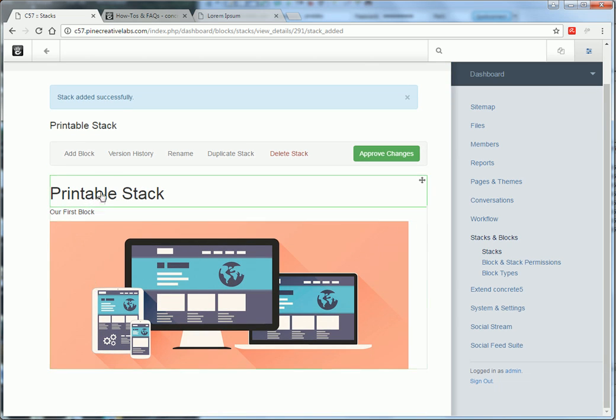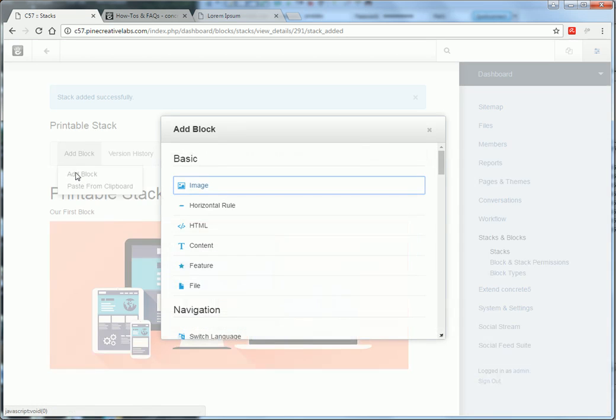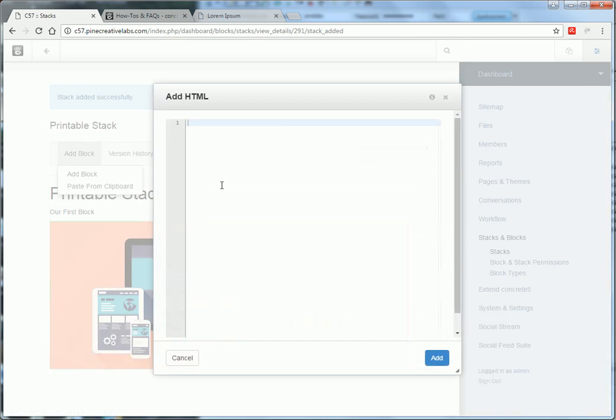Now what we want to do is make these 3 blocks printable. Okay, so we're going to add 2 HTML blocks. There's going to be one before and then one after. We're going to add our first one first. Now we don't have to actually put anything in here, but we should, just for the sake of organization and being able to know what's what on here. So we'll say